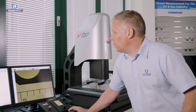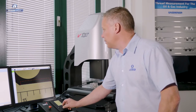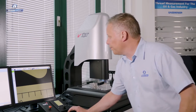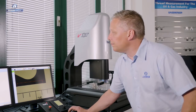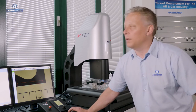So if that was the end of this feature, I would simply hit the green tick and we would move on to the next feature, but I can see there's more of this line outside of my current field of view, so I'm simply going to either use the joystick or the mouse to drive the stage over and fire the tool again. Because my measurement window is open, I can simply add more and more data, measuring bigger features